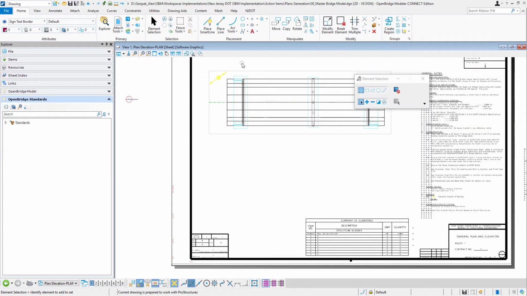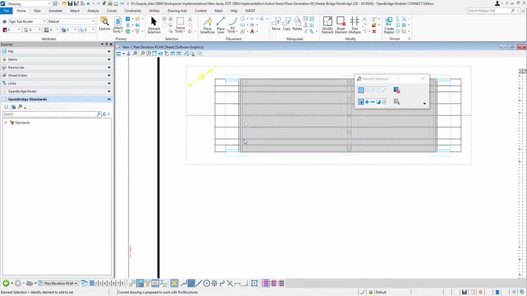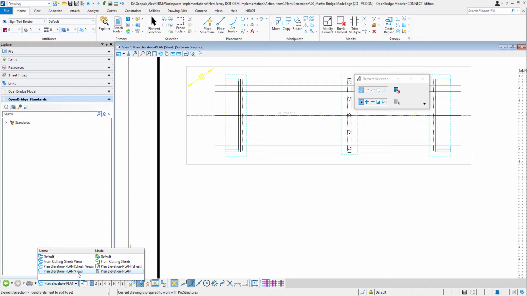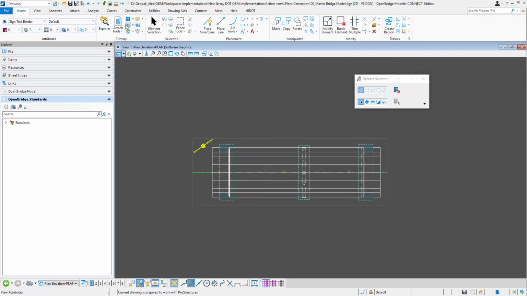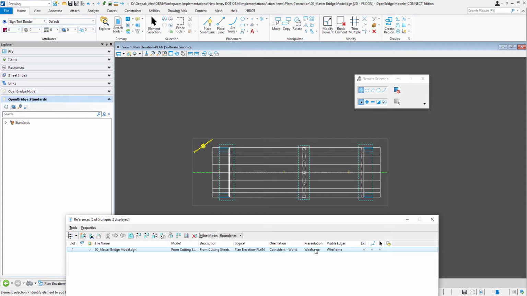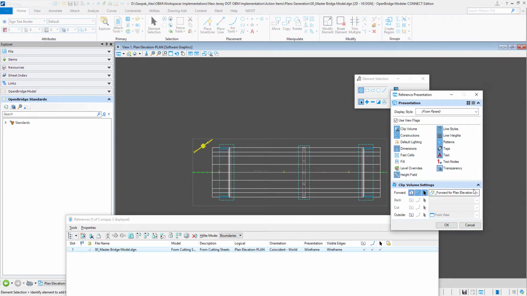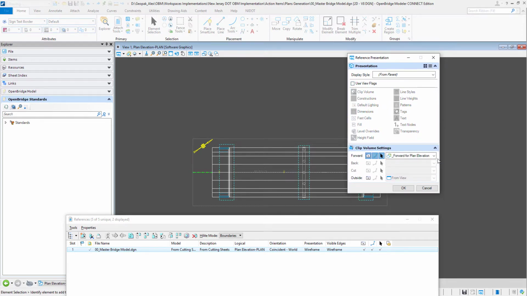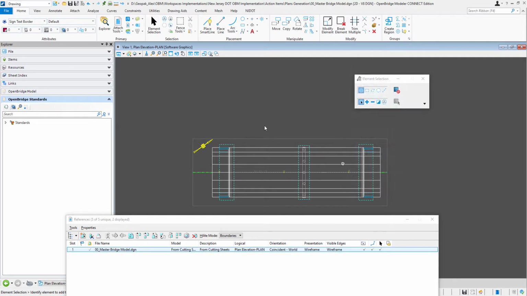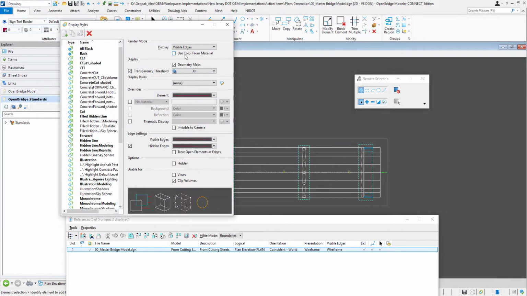Right? Now the colors too, as you can see, it's hidden. It should be on a different color. So we just can go back one more time here, and on my reference, change that presentation one more time on the display styles. Right, to see which one should I go here on the display style, that I want to see that forward for plan elevation,